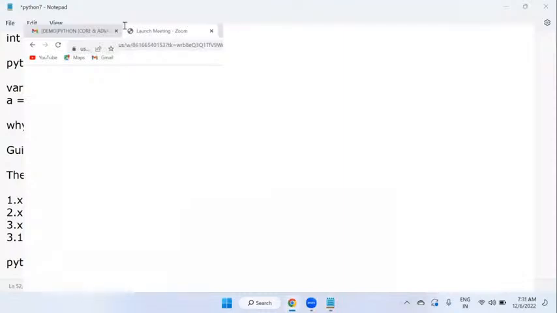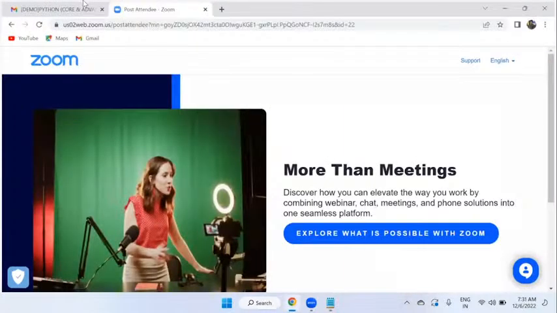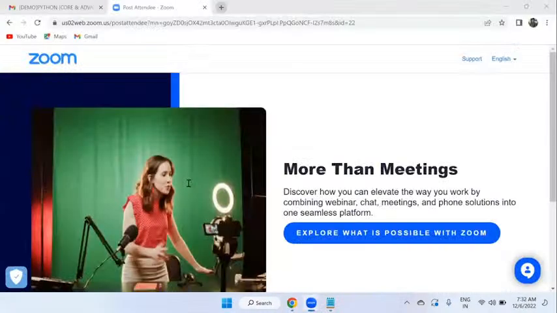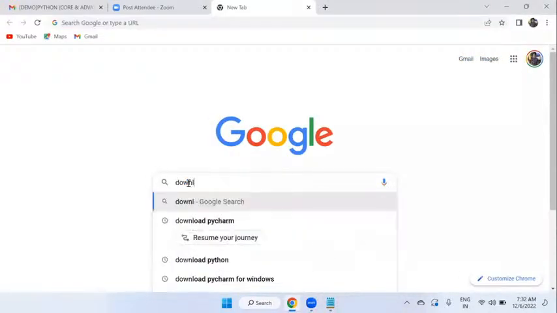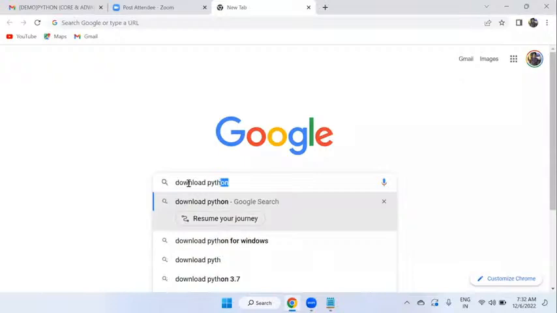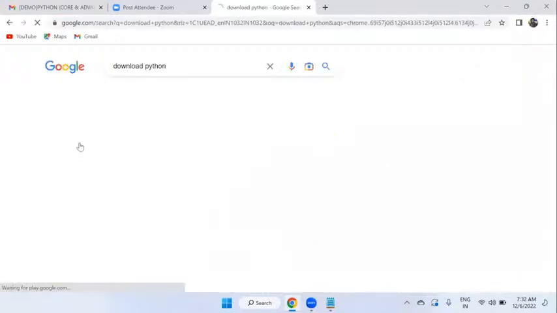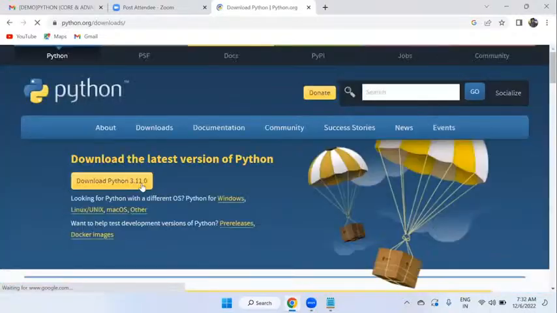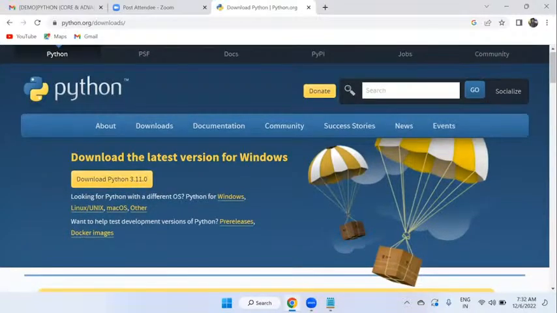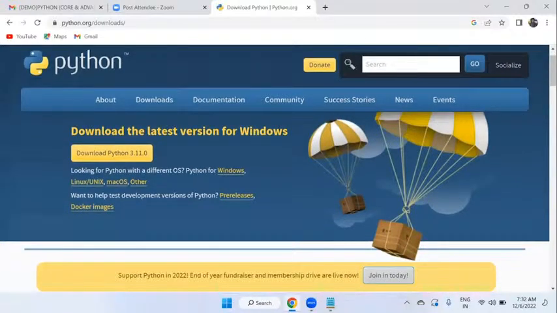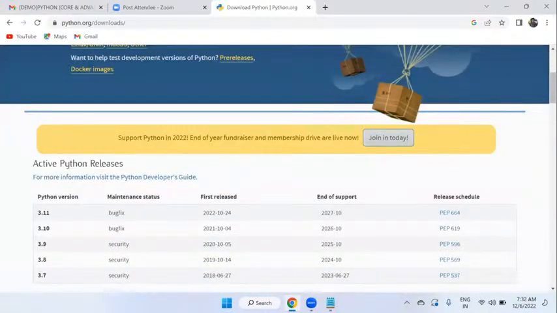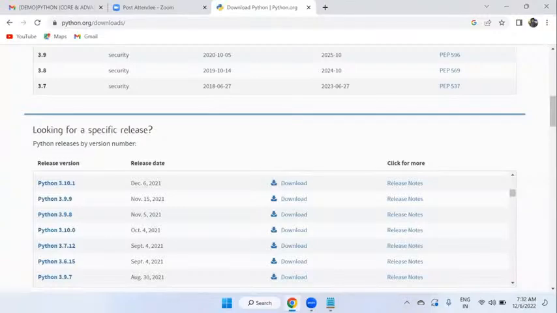Simply you can go to Google and open a tab. Let me go to Google and search for download Python. Yeah, you will be able to see the official website, python.org. Now you can see this is the latest version, download Python 3.11.0. If you want to download this current stable version, click on it. Also, if you are looking for old versions, you can scroll down and you'll find plenty of old versions here. For whichever version you want to work on, you can click on download and use it. We are using the latest version only,